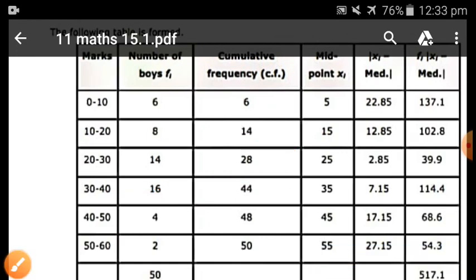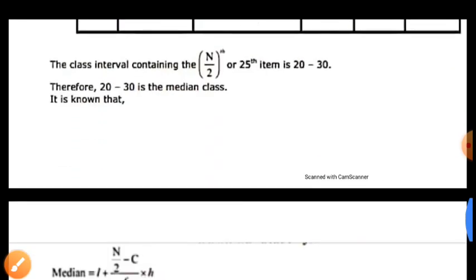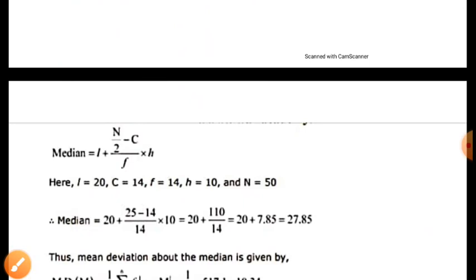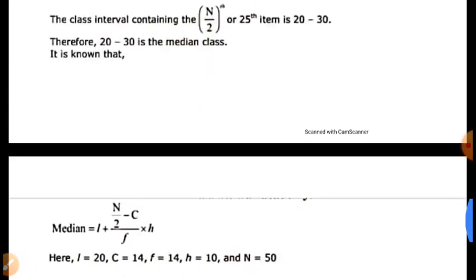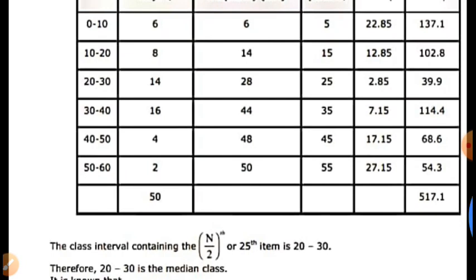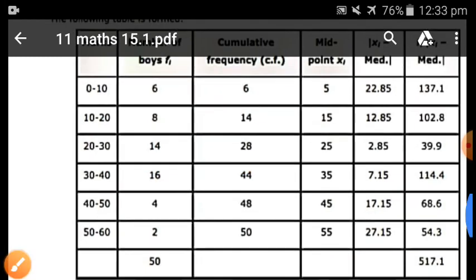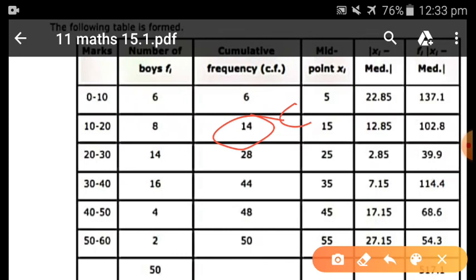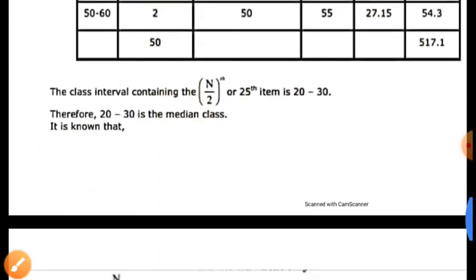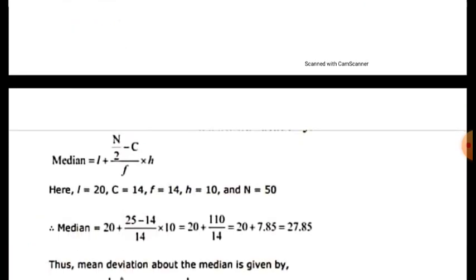Its lower limit is L, and the formula for finding the median is L plus n by 2 minus C. Here it is given as C, though you may know it as capital F or CF, cumulative frequency. Otherwise you may get confused, so that's why it is given. And C is the cumulative frequency of the class preceding the median class. Here, what is the median class? This is the median class. The class before it gives the cumulative frequency, CF, which we can also call capital F. In this problem this is C, and this is the frequency of the median class, 20, and this is L. These are the values required to find the median, and the median is found by substituting the values in the formula.